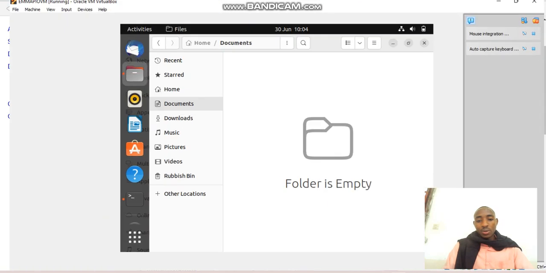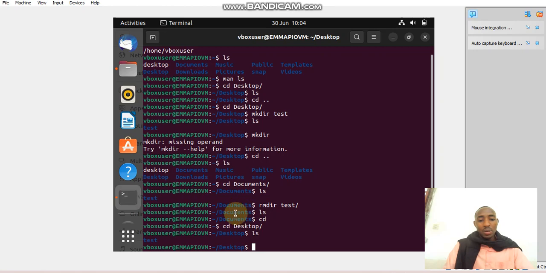Let's go back to our terminal. We use a command called mv, space, the name of the folder which we want to move, which is test. And then we have to specify the directory where the documents folder is. So it is /home,